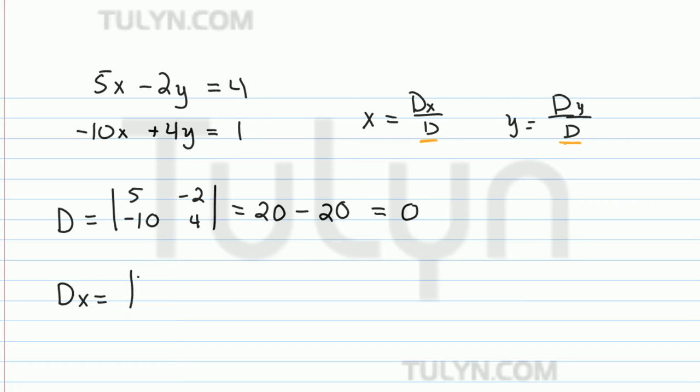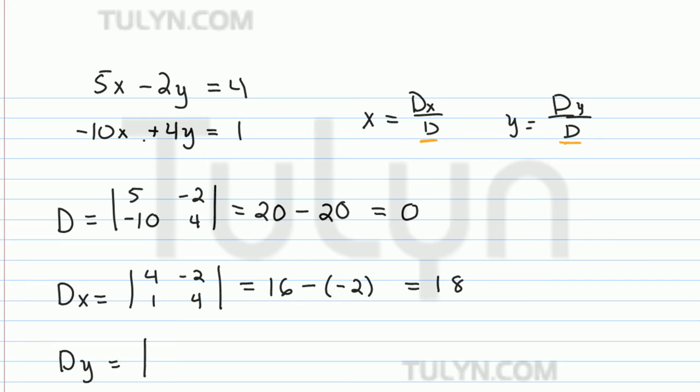So let's get dx. So dx is replacing the coefficients in x with the constant terms. So the first column becomes 4, 1, and then the second column stays as the coefficients in y. So solving that, we cross multiply. 4 times 4 is 16, minus negative 2 times 1, that's negative 2. So that's 16 plus 2, which is 18. Right? And then finally dy